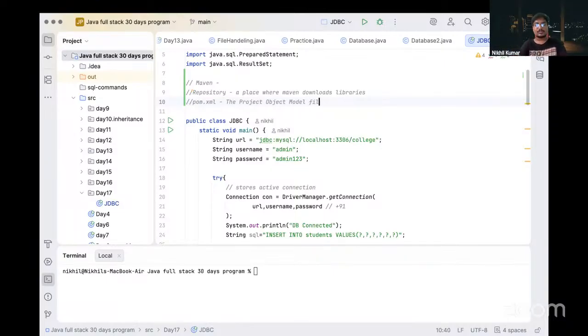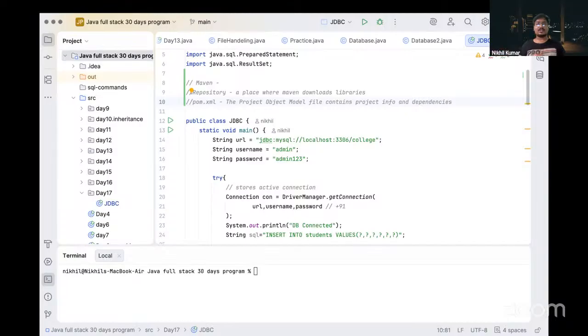What does it contain? The file contains project info and dependencies, correct? We have seen yesterday inside our pom.xml file, we have dependencies and project info, like what is the version of our project, what is the name of our project.